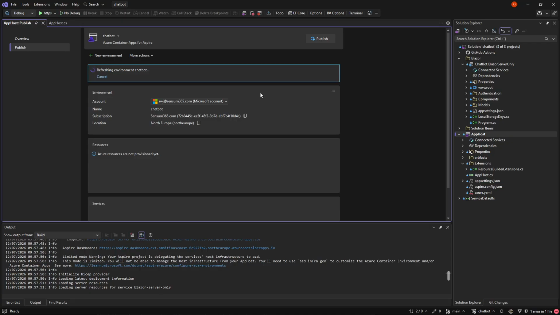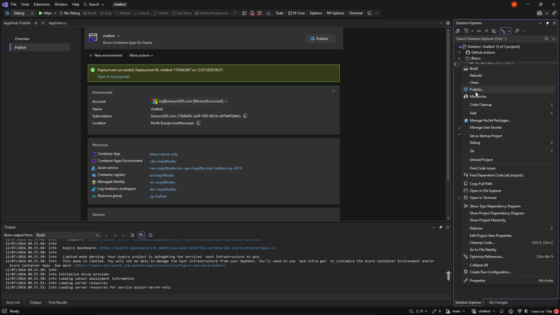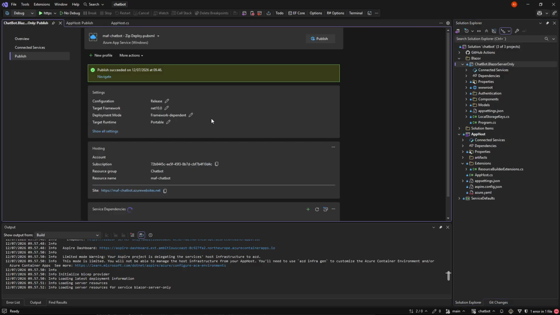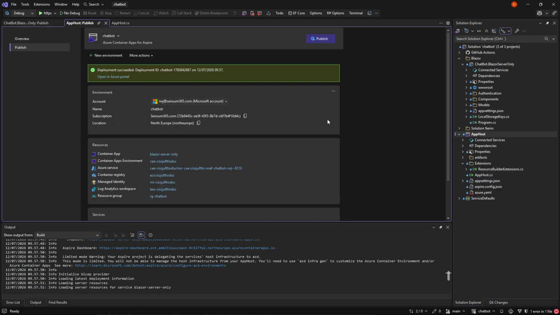Of course, in real life, we would need to set up workflows in GitHub Actions, but for now, I'm using the publish feature. And when I did it up here and published to app service Windows, it just took a couple of seconds and then it was done. While with this first one, it failed in trying to publish to Central Sweden because there was no more capacity.